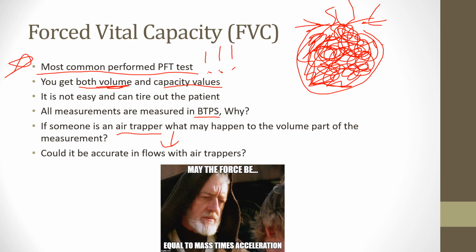They would have less volume exhaled because more volume is stuck. It stayed in the respiratory zone. It's stuck in the lungs and they can't get it out. So their exhaled volumes would be lower. That's when you would probably look at doing a slow vital capacity as well to get an accurate volume for